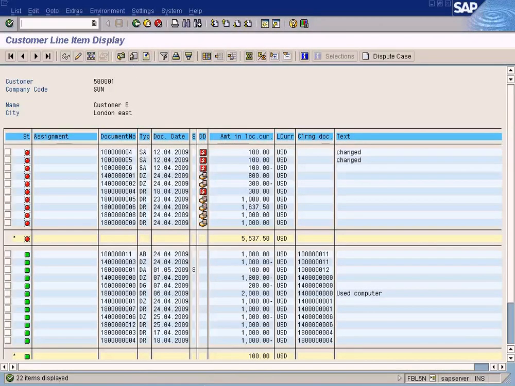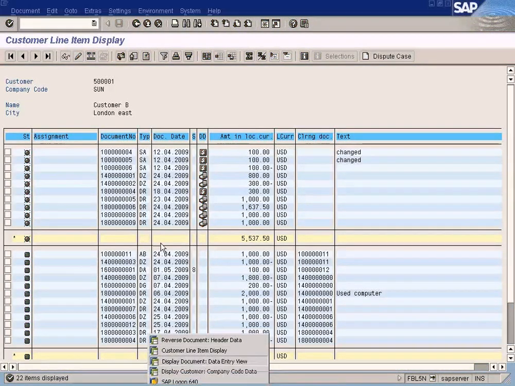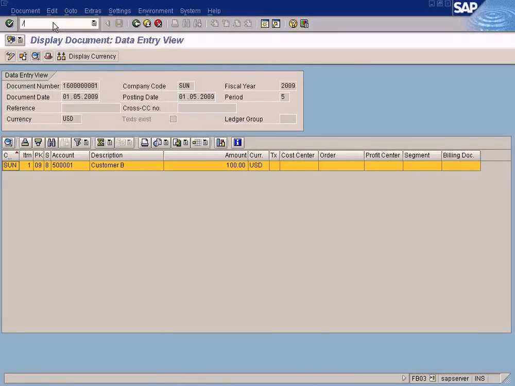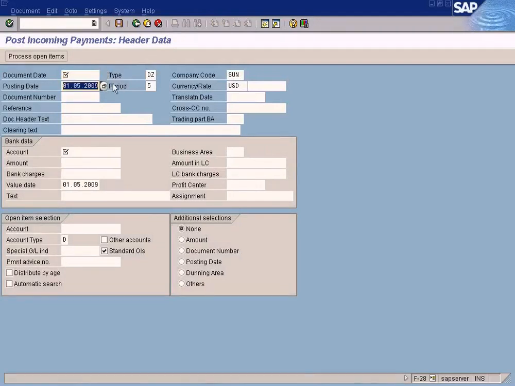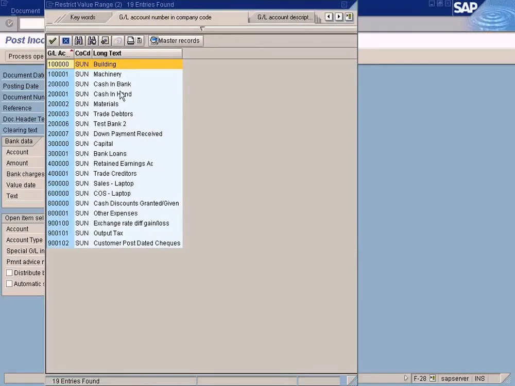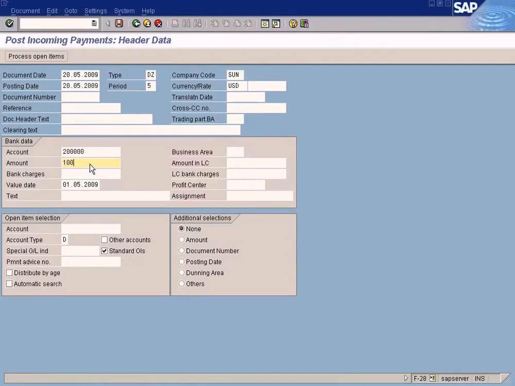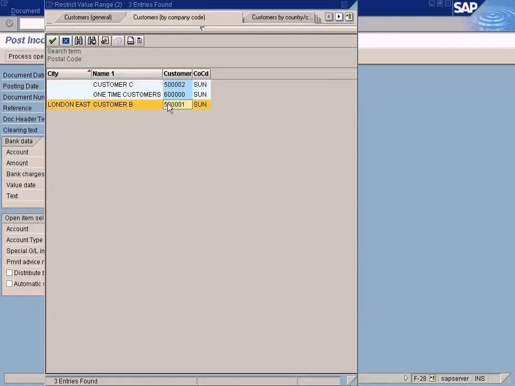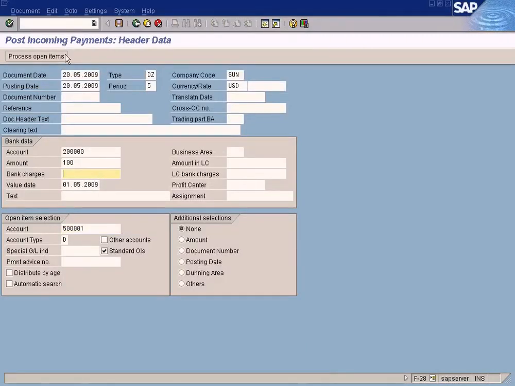Alright, then once you have reversed the noted item, now you have to post the real check, right? Because reversing does not mean that you will post the incoming payment. You have to go to F-28 and post the incoming payment in the normal way, because currently it is 20th May, so you have to mention 20th May and the bank account. To the bank account you want to post the check, and the amount is 100, and the customer